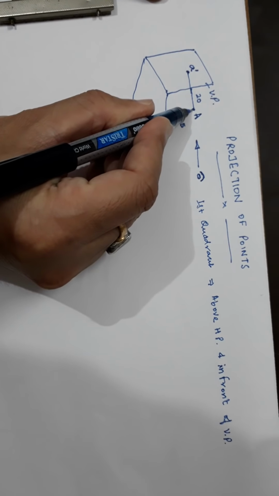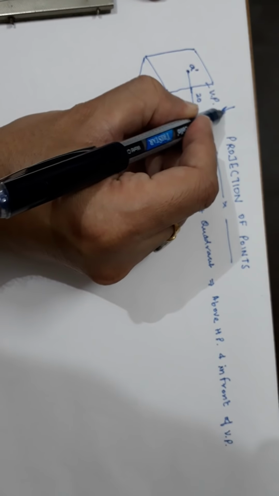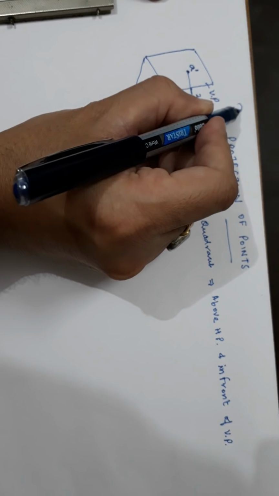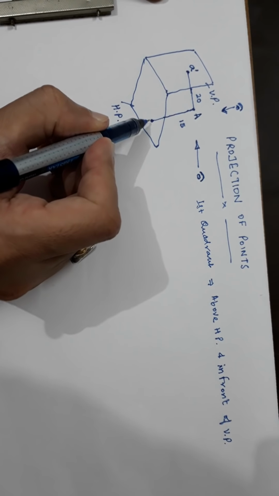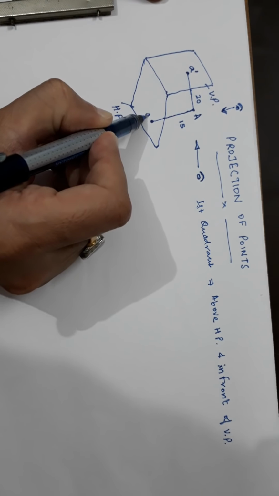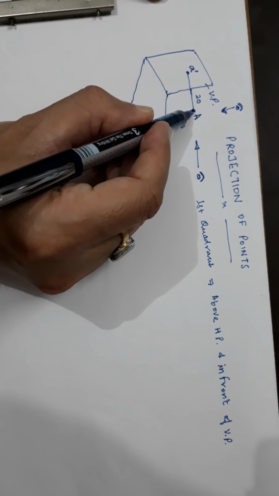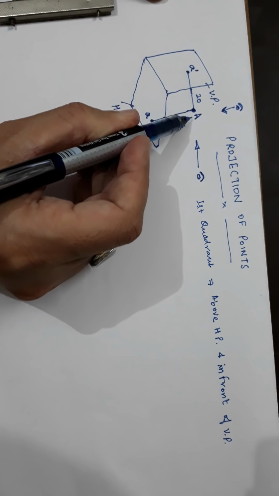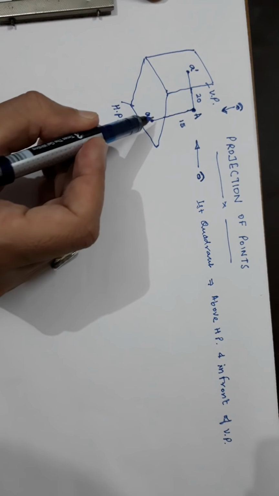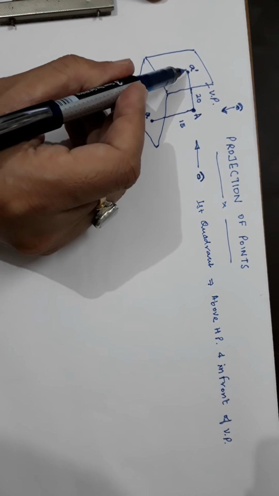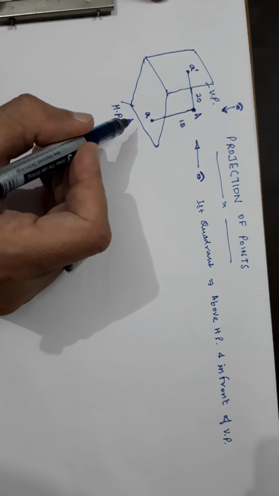Then this is the top view. It will be projected in the top view when the observer is on this side. While seeing the top view, the observer is always on this side. So this is the top view where it is projected. It is denoted by lowercase a, whereas the actual position of the point is capital A, and these lowercase letters show its projections. This is the front view, A dash. Dash means front view and without dash is top view.